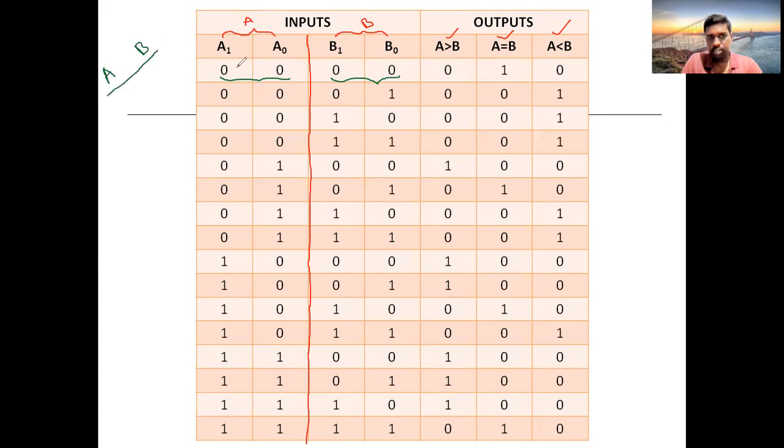Now what is the first one? 0, 0. Convert this binary number 0, 0 into decimal. So 0, 0 in decimal is 0 only. Here also 0, 0, so 0. So convert your binary number into decimal, that will become your magnitude, and compare the magnitudes. This is the A magnitude, this is the B magnitude. Both are equal, so under the column of A equal to B, you keep 1, and the remaining 2 will be 0. As per the rule, for each and every comparison, 1 among the 3 will be high. So right now, A equal to B is high, and the remaining 2 will be 0.